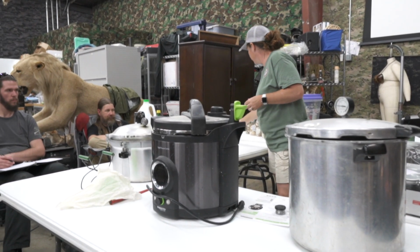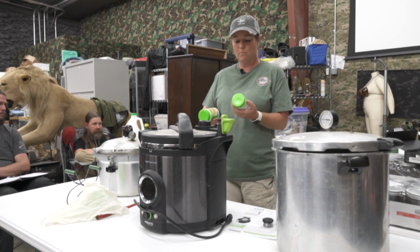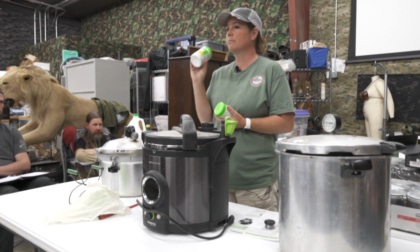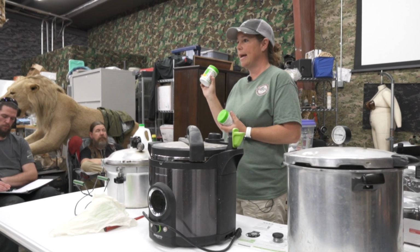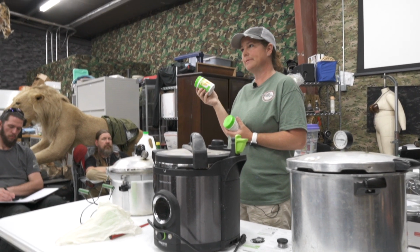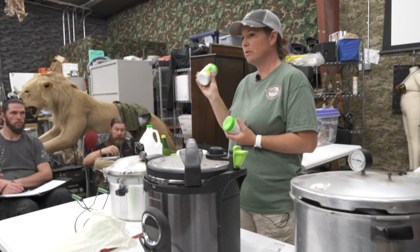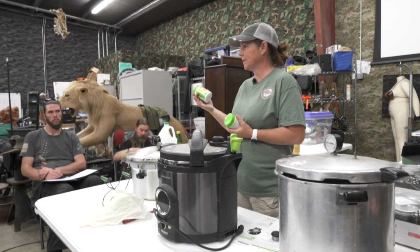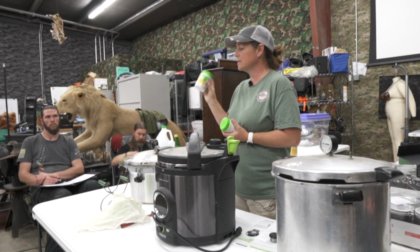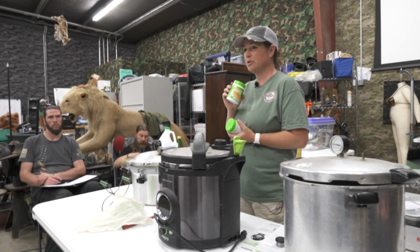And then for jellies and jams, pectin. You can make your own pectin from apples if you want, and there's some other fruits, I believe, that you can throw in with your jams and jellies if you don't have pectin on hand that will do the same thing, that will thicken it and make it into a jelly. You don't have to have this, but for beginners, it's probably best to use your pectin